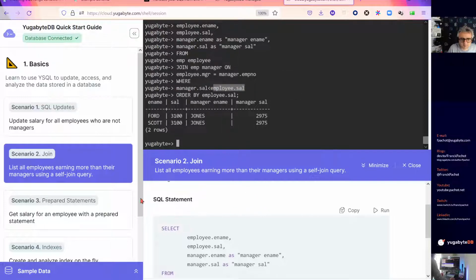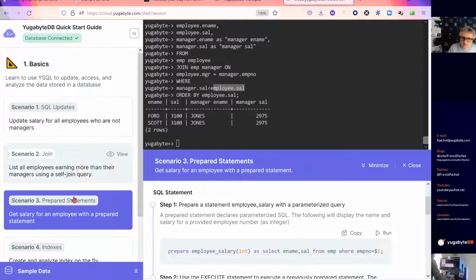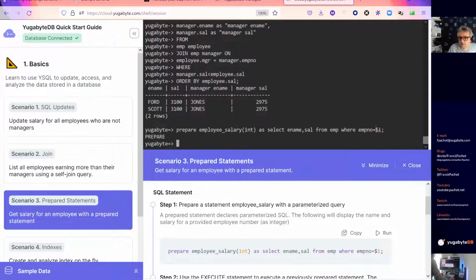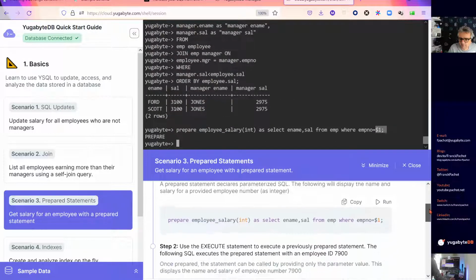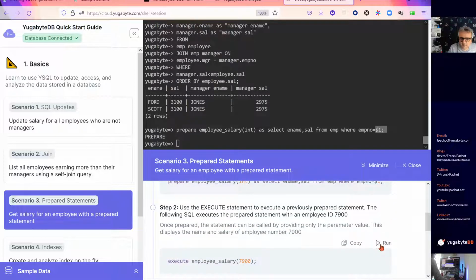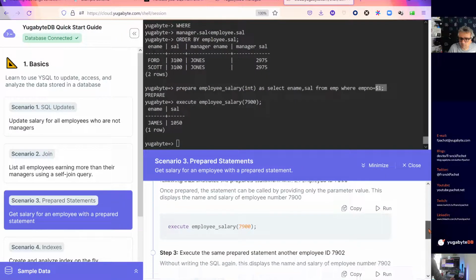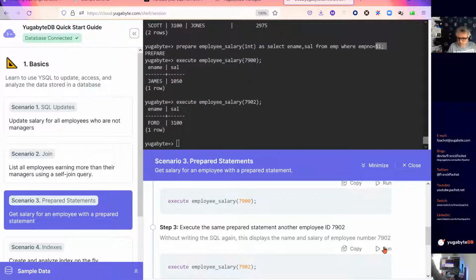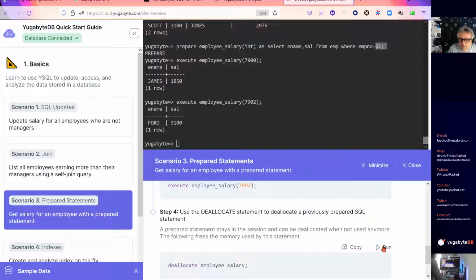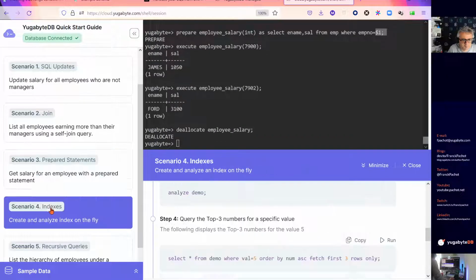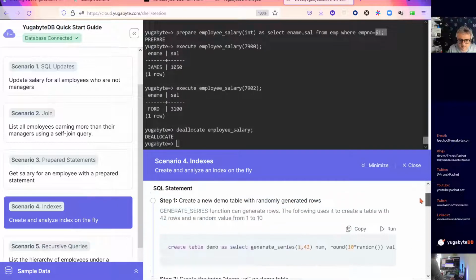So this is a very quick query that tells you which one has a manager salary that is less than the employee salary. There are also some examples to give some best practices, like using a prepared statement, where you prepare a statement with a parameter, and then you call it with different parameters, exactly the same as you compile a program or procedure, and then you run it. There are also some things about indexes there,